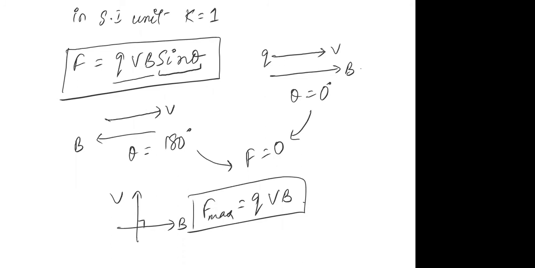Now, second point which I need to talk on. See, force is a vector quantity, right? And what we have just written is the magnitude of this force, qvB sine theta. I want to write it in vector form. So what will be the vector form of this force? Just try to understand. Here this q is a scalar quantity, obviously. V is a vector quantity. Magnetic field is a vector quantity. And theta is the angle between them.